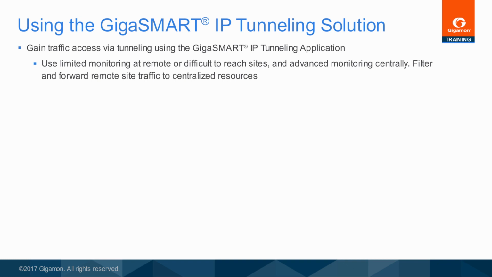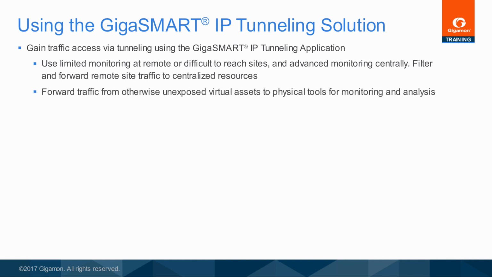Use GigaView VM to select traffic from within virtual environments and tunnel selected traffic out to physical monitoring resources. This extends both the useful life of existing resources and it preserves the processing power of the hypervisor for workload instead of management and monitoring. There is little incentive for deploying a duplicate suite of virtual monitoring and security tools into each hypervisor when that represents significant unnecessary cost at the same time that hypervisor performance decreases.